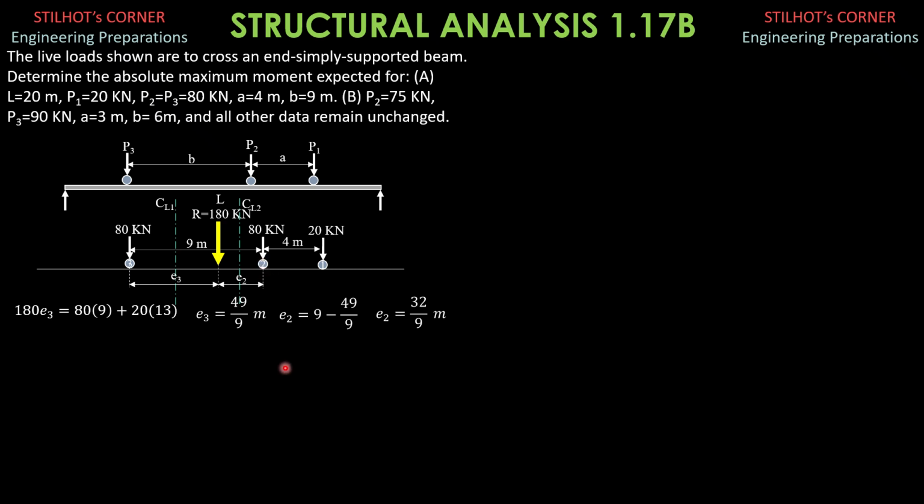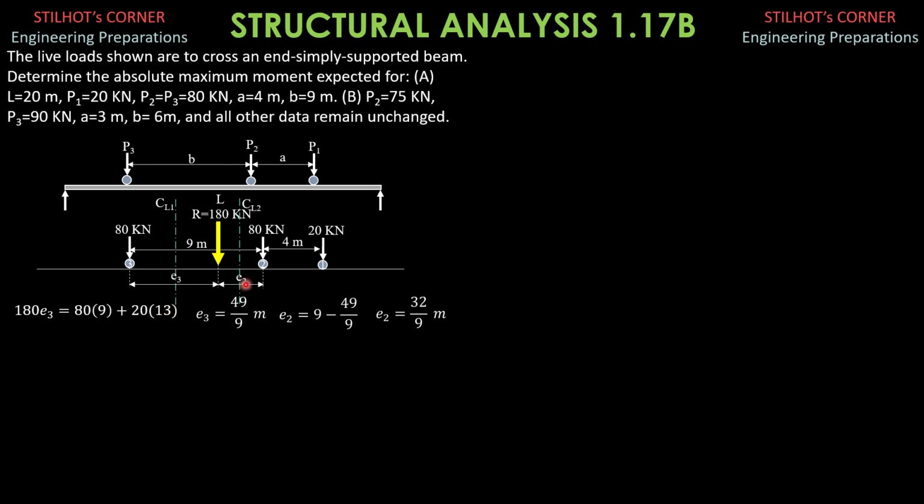There's no doubt about it, because that's the principle: when the resultant and the heavier load are closer to the center line, since load 2 is closer to the center line, we expect that the absolute maximum moment occurs under load 2. But before that, let's check if load 1 is off span or still on the beam when the absolute maximum moment occurs under load 3.